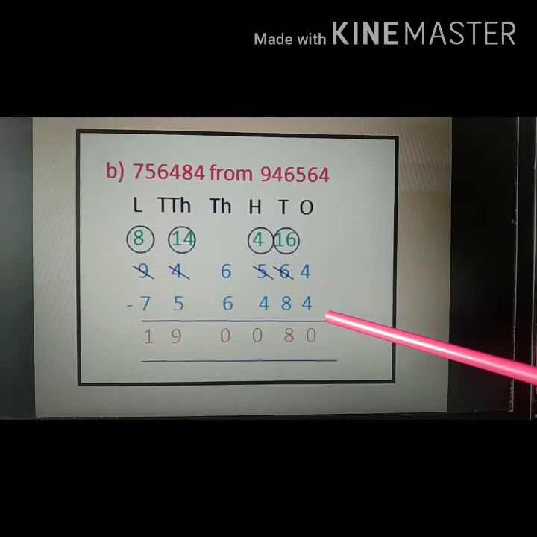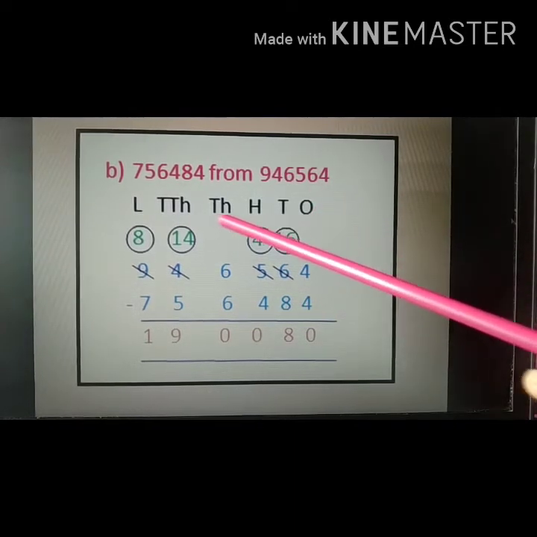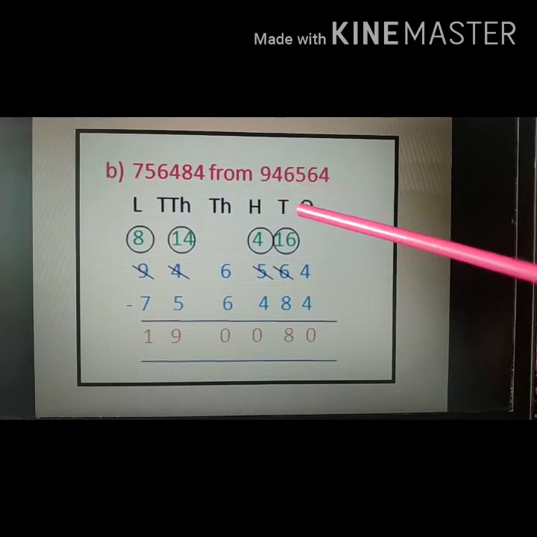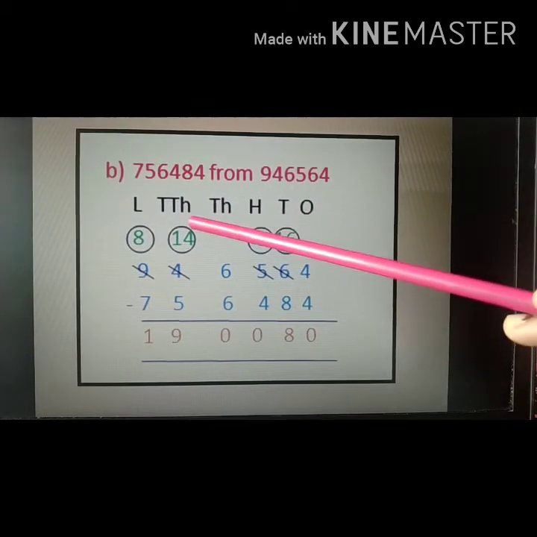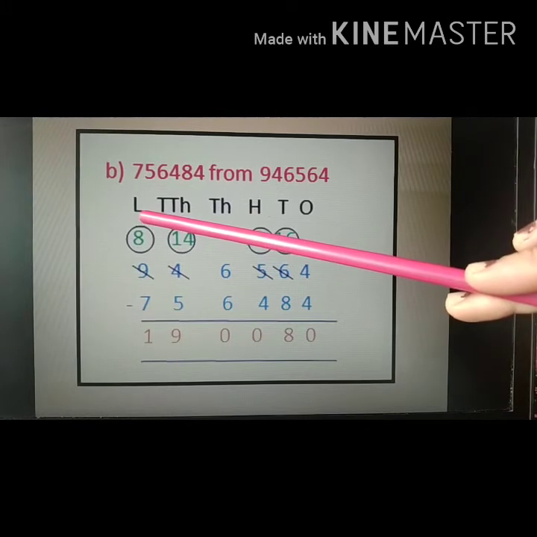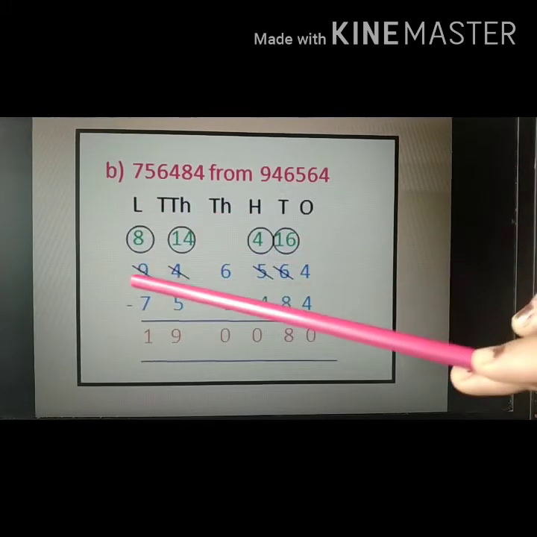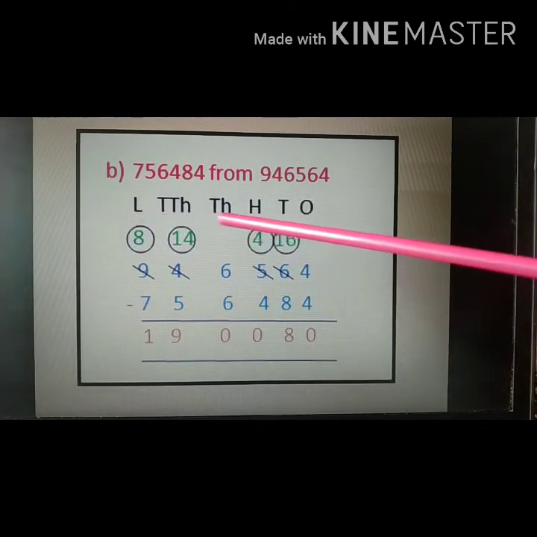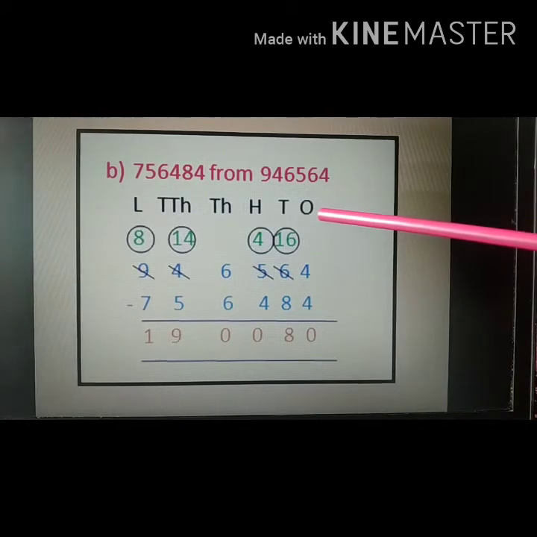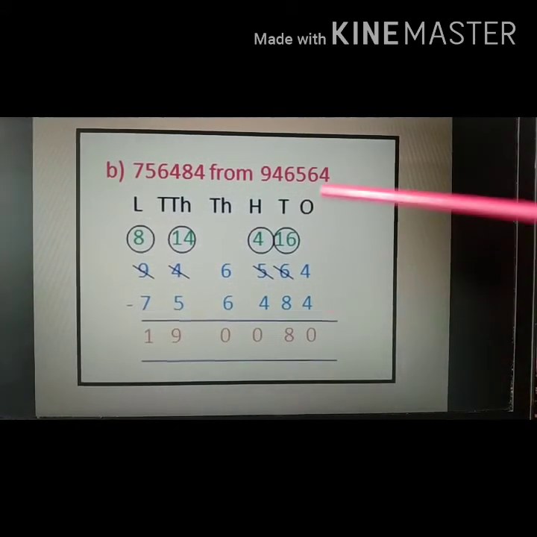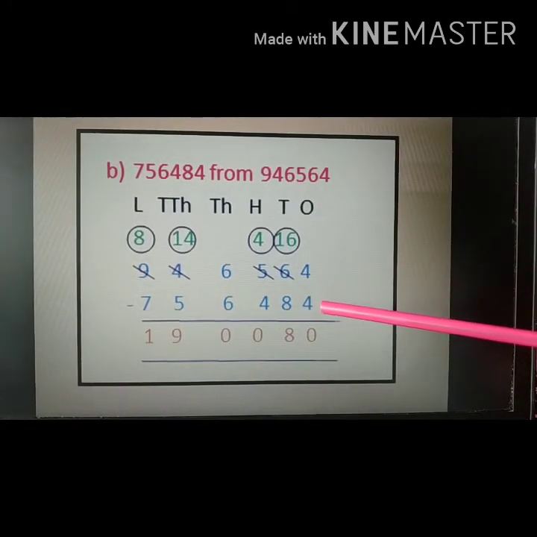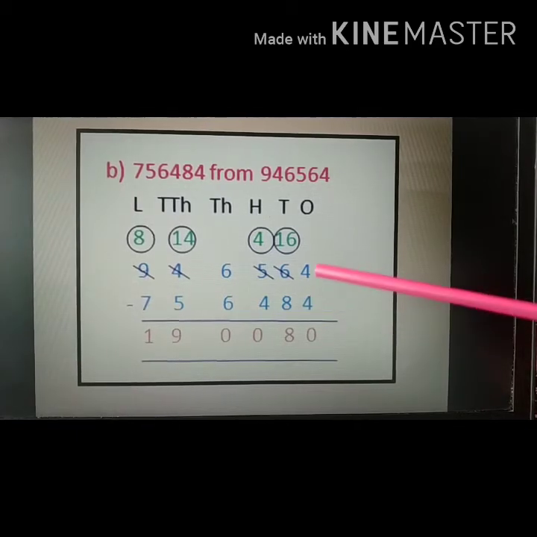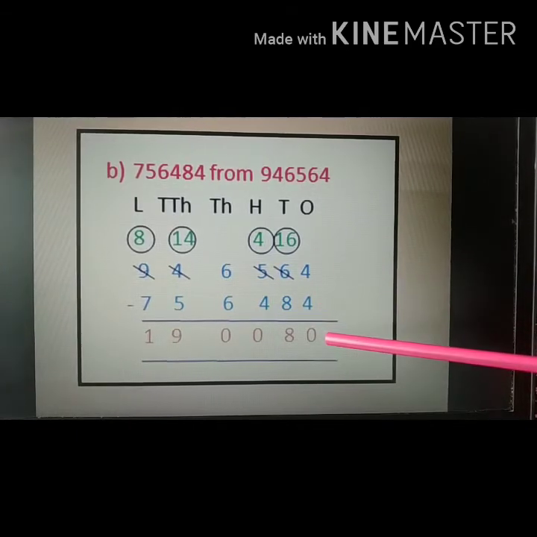So first step, we will write the place value table on the above side of the number, that is ones, tens, 100, 1000, 10,000, lakh. As we already discussed, when we read the number, we start from the left side, and when we start calculation, we start from the right side. So from the ones place, we start subtracting the numbers. 4 minus 4, it's possible. So 4 minus 4 is equal to 0.